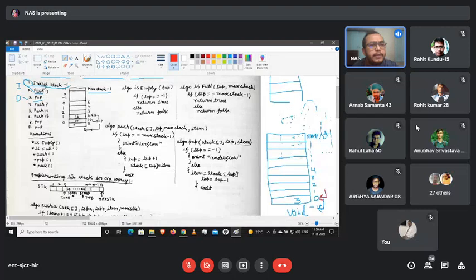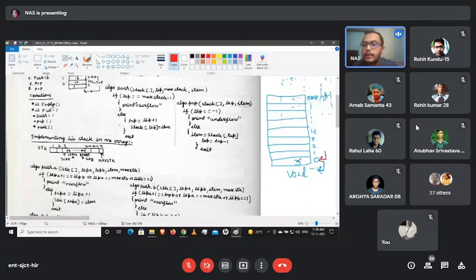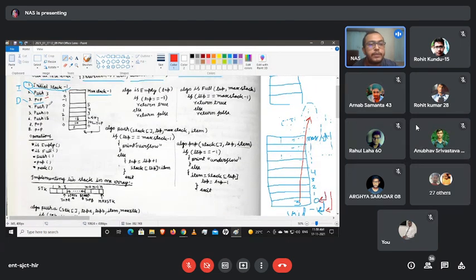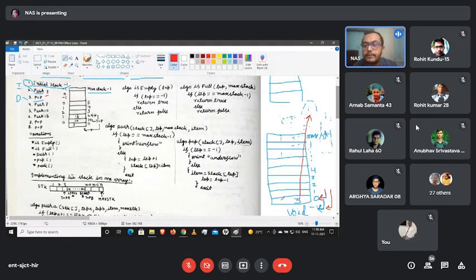But here they are asking for pop 3. After push 3, we are again using a pop operation. Pop means this particular element is going to get deleted, so this 3 will move out from here. Obviously the top will come back to minus 1, the void position. In our next line, we are using push 7. So 7 will come into this position, because 3 already got popped out and this place was empty. So 7 will enter here.